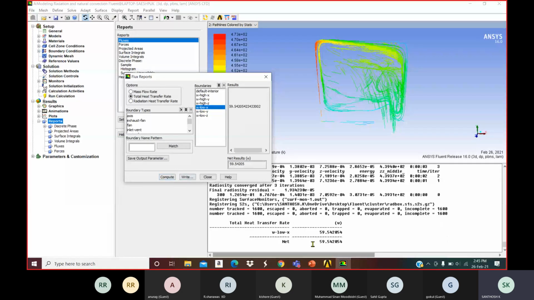You can see that, which is having 59.54 over there. You can see the individual phase heat transfer in terms of watt. So this is one way. And the next case, the other important case, I want to see for